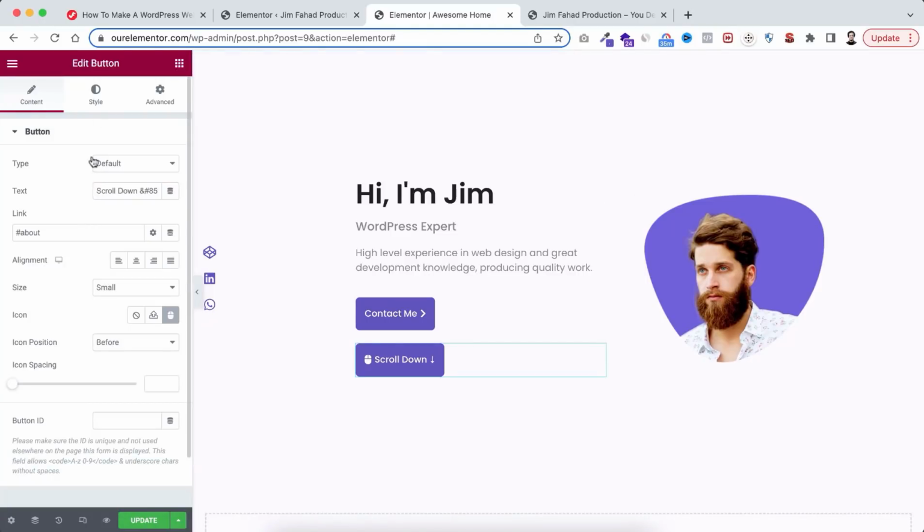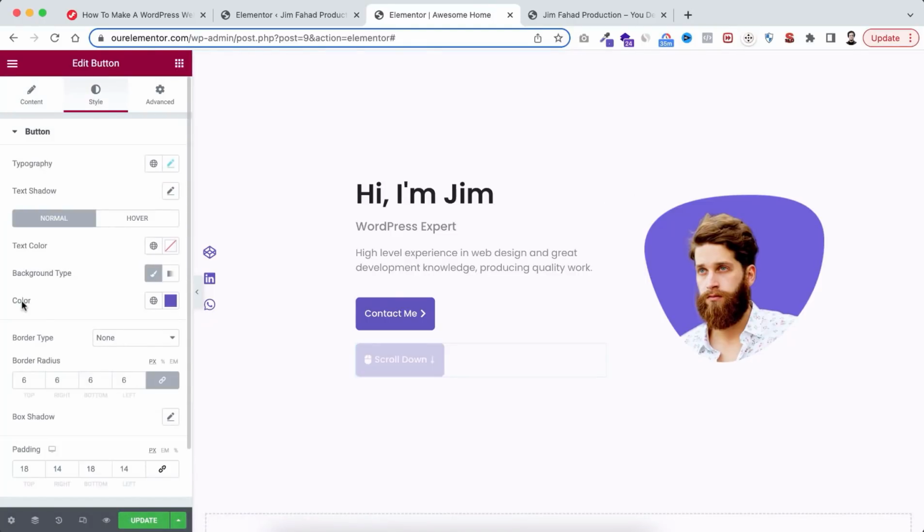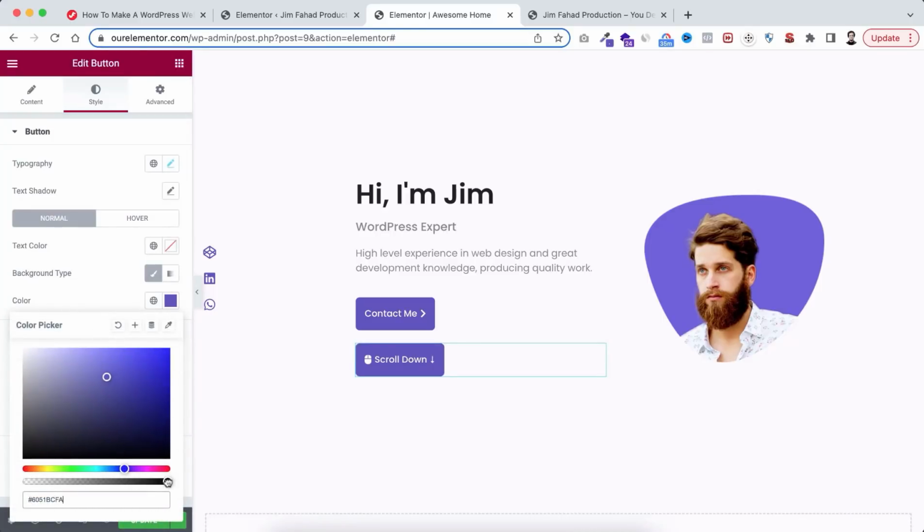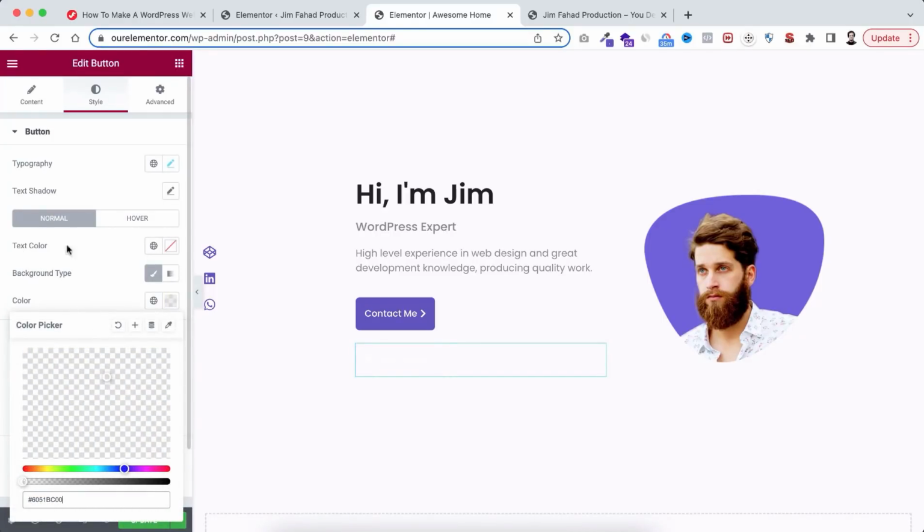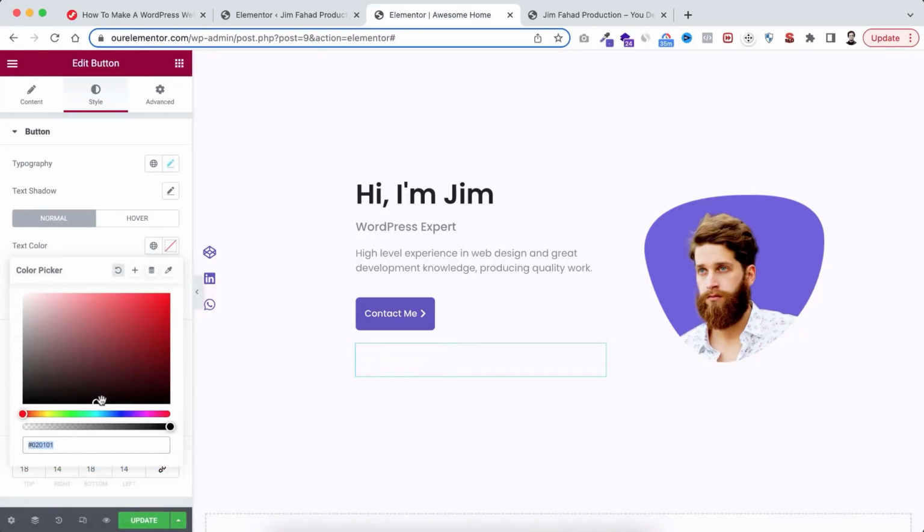Alright, now instead of this similar button color, I just wanna make it black. To do it, go under the style tab. From here, I'm removing the background color. So instead of this purple color, I just wanna make it a transparent background. And the text color, let's set the text color from here. That would be hash